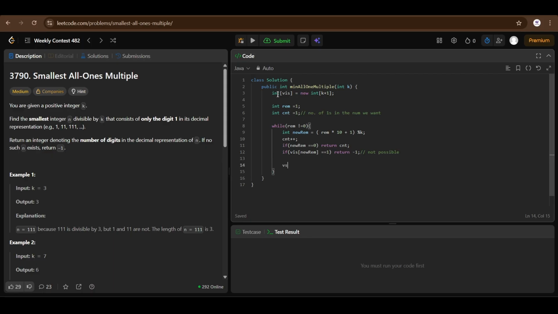And update the visited with this new remainder, saying that we have visited this remainder. Fine. And the remainder will be updated with this remainder. Fine. So now once we come out of this loop, which will not be the scenario, if I recap